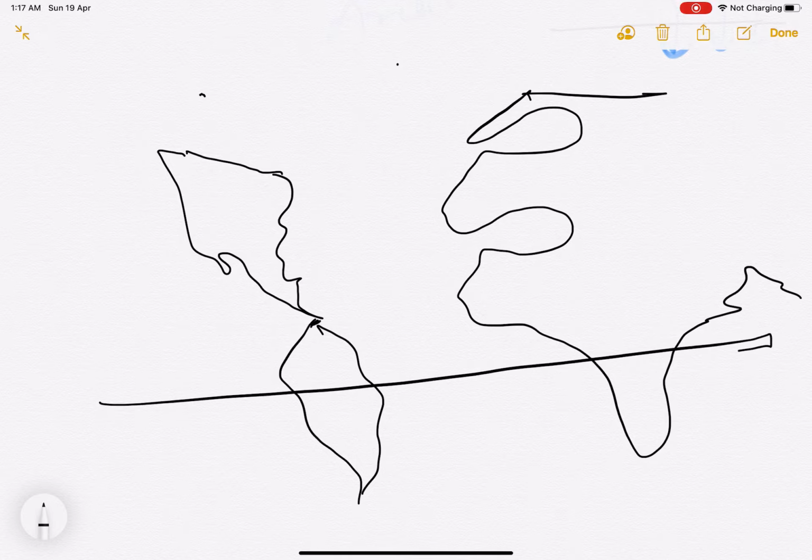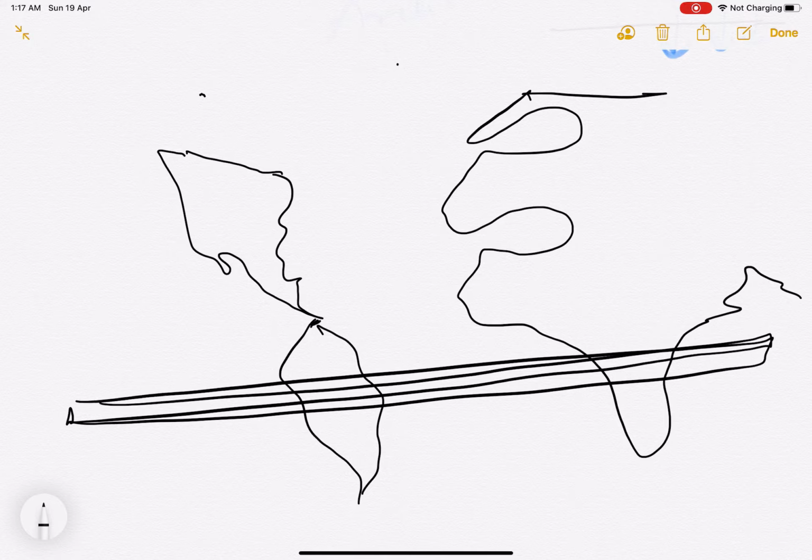This maritime equatorial air mass influences none other than your equator. Now, what is the source of this? The source is simple. It's your Azores High over here,